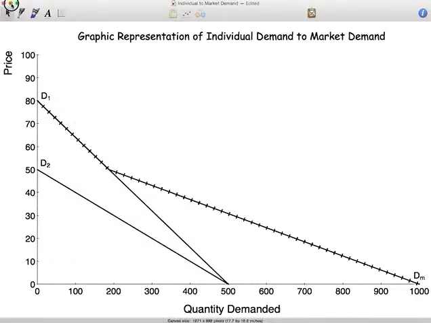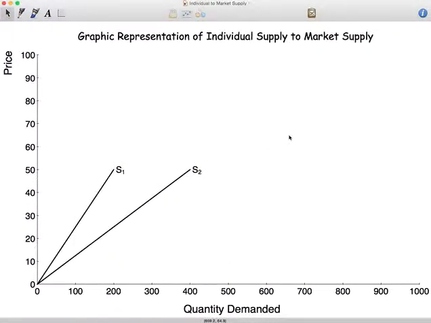We can do the same exact thing for individual supply and market supply. So we're just going to add these two supply curves together. So we have S1 and we have S2. And if we add those together, for this it's a little easier because we'll just move from the bottom, and they both intersect at the origin. So at a price of 0, S1 quantity supplied,